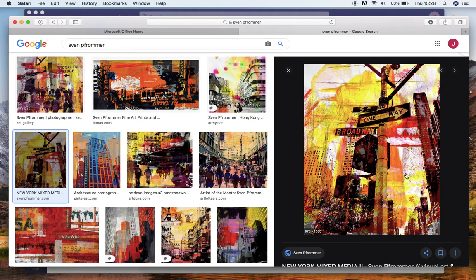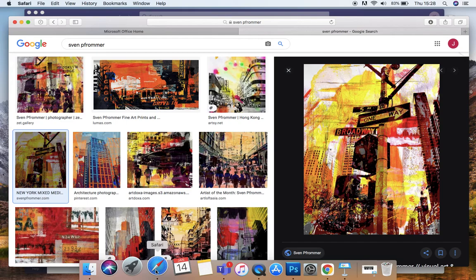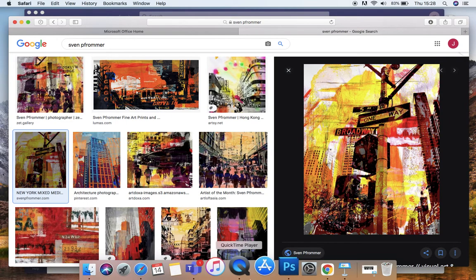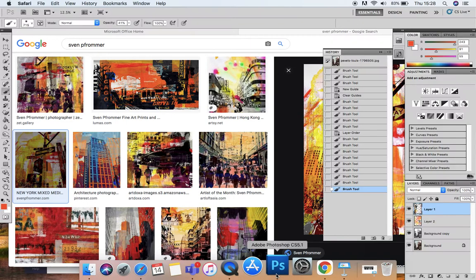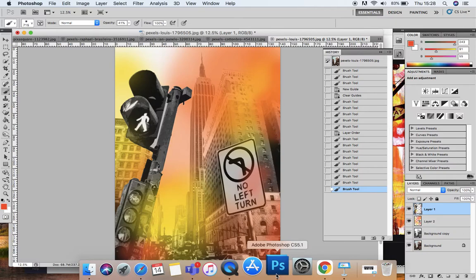Let's have a look again at Sven Pfrommer. And that's not looking too bad. I've got a similar colour scheme, and I've layered the images like he has on there as well. So I'm actually quite liking that. That's quite nice. Now, what I could do now to make this link even more strongly with Sven Pfrommer is